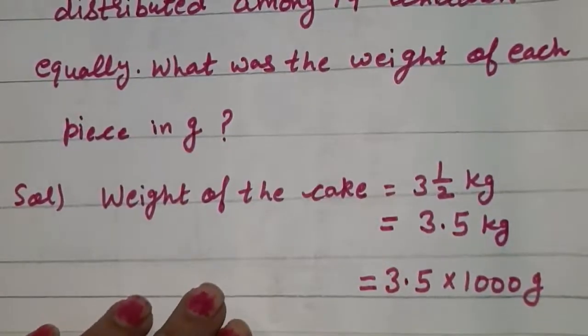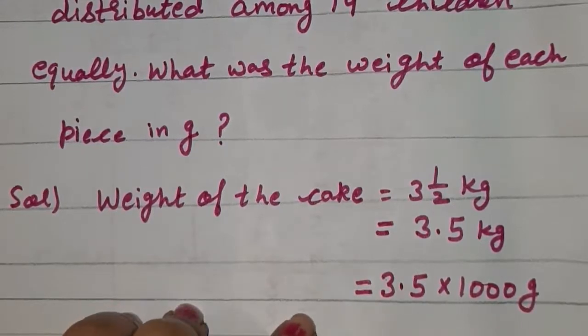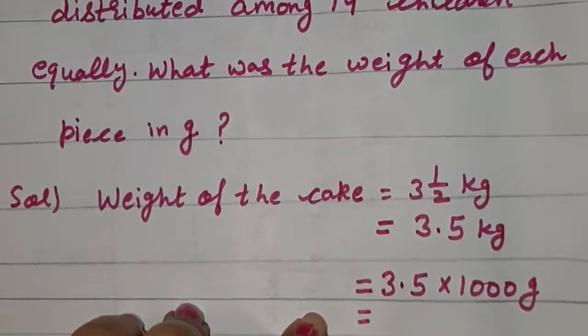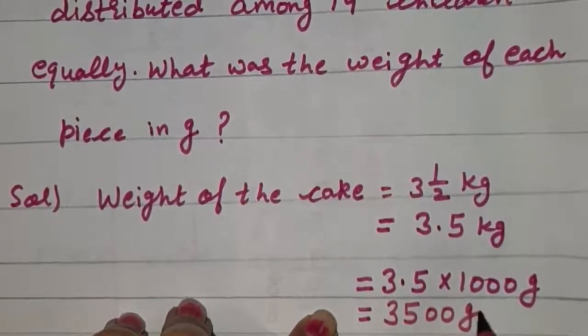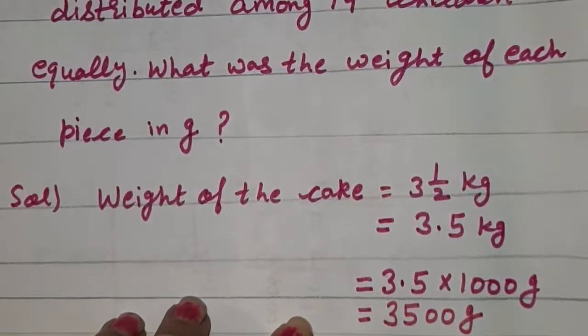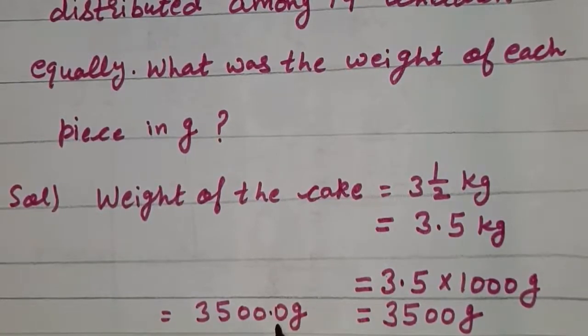In statement sums, it is not needed to do conversion step by step. If you know oral answer or if you know how to do directly, you can use that also. But it should be correct. Otherwise, you can do step by step. Now decimal will shift 3 places forward. It will become 3500 gram. If you do multiplication, you can write in this way also. We will use 3500 gram.